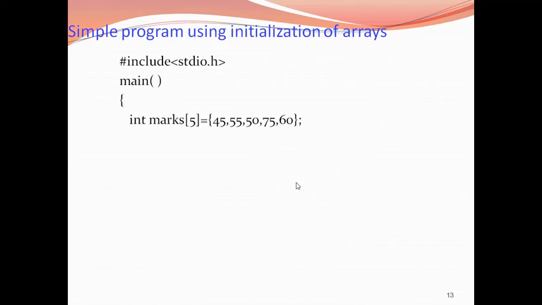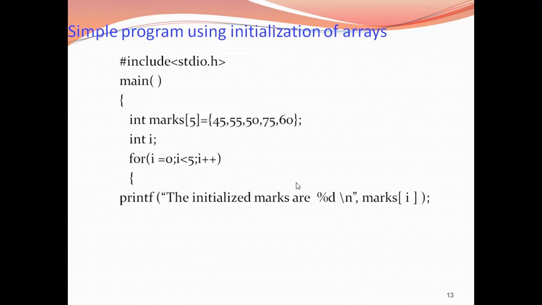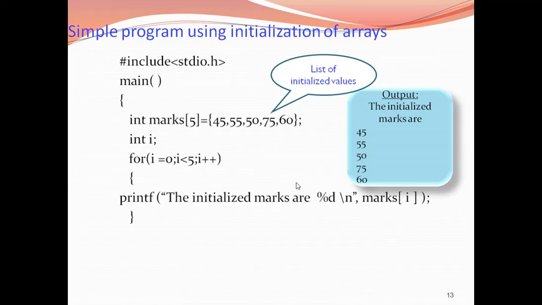A simple program using initialization of arrays: include stdio.h, main, int marks of 5. The 5 elements are initialized within the curly braces. Int i, for i is equal to 0, i less than 5, i plus plus. The initialized marks are printed. The expected output is this.